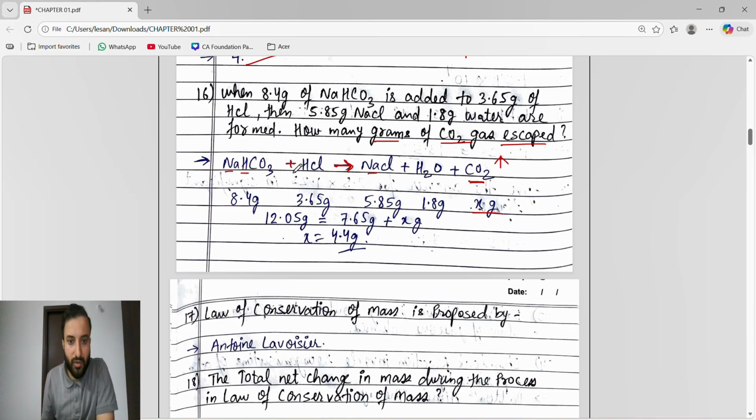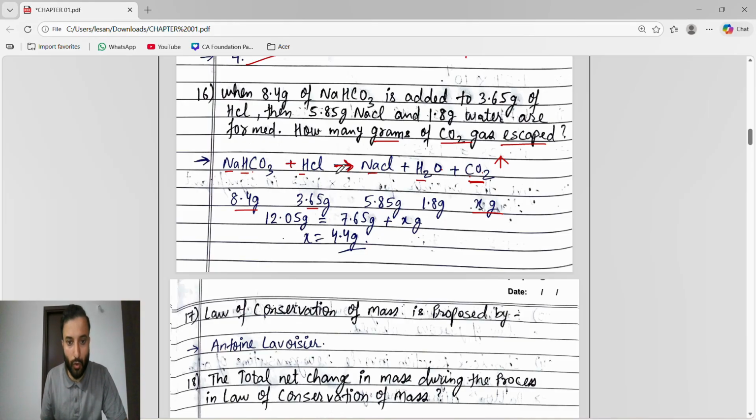Hydrogen is 1, 2 hydrogen, so 2 hydrogen. Carbon is 1, carbon is 1. Oxygen is 3, so oxygen is 2 plus 1, 3. Cl is 1, Cl is 1. Yes, it is balanced. So whenever it is balanced, and I had explained to you before also, if they will give